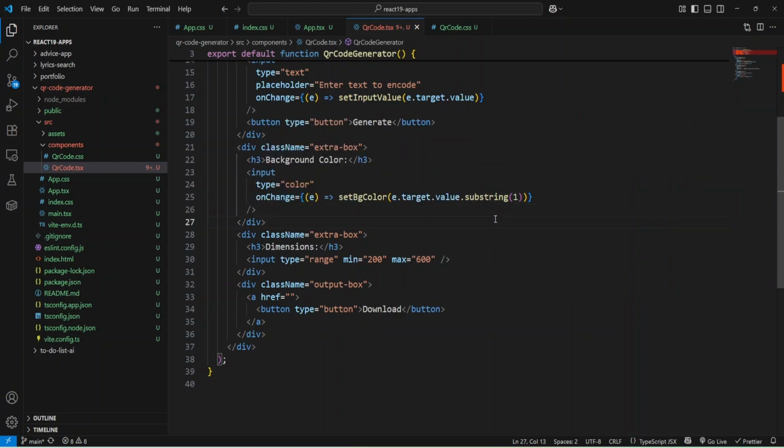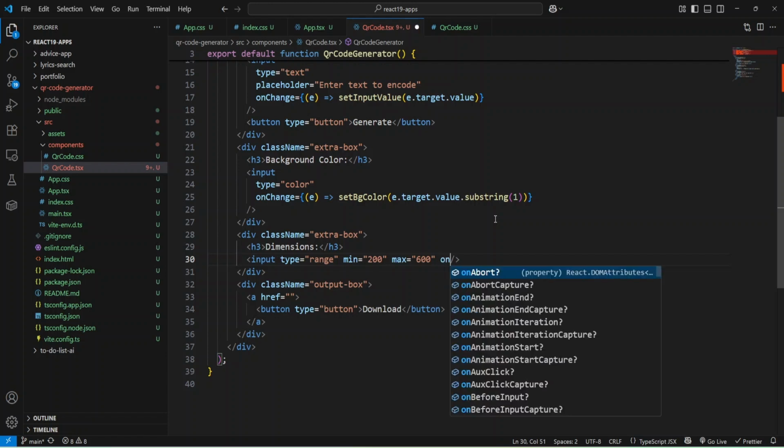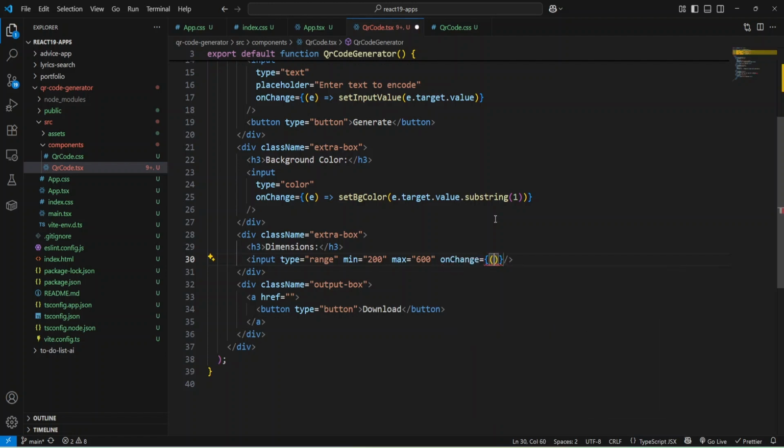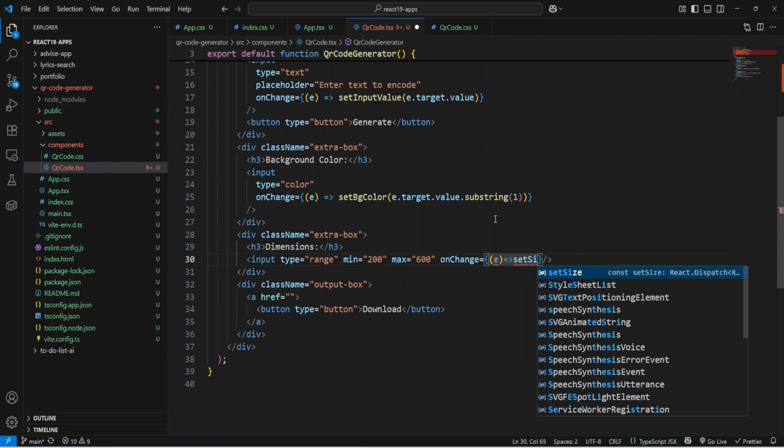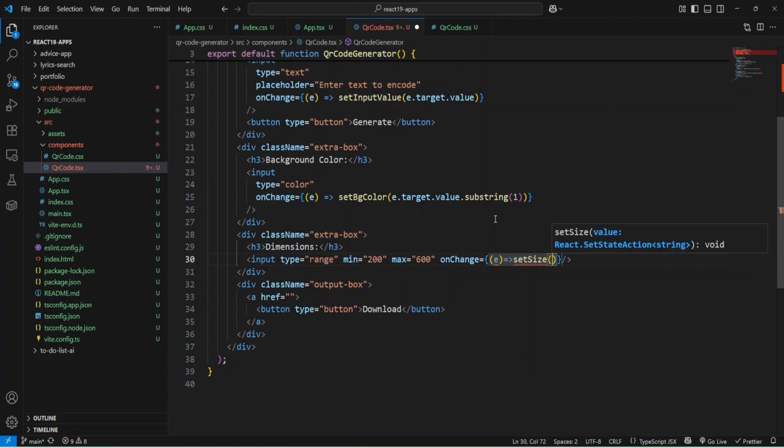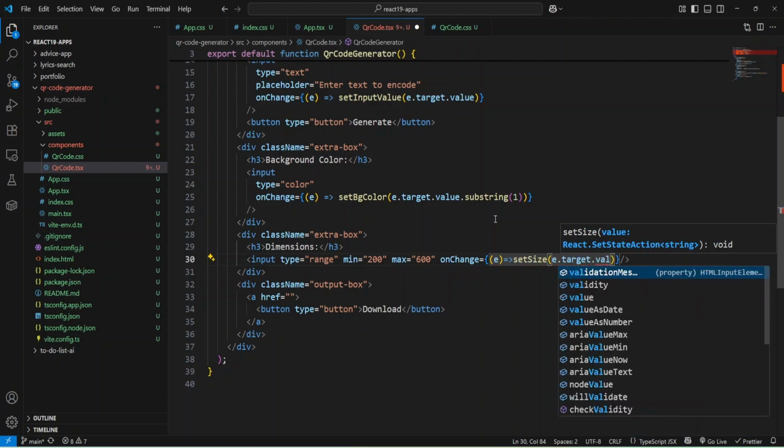Okay, and then I'll need a value for my dimensions, and let me add onChange, and also I need event, and we'll use it to setSize, and let me provide event.target.value.